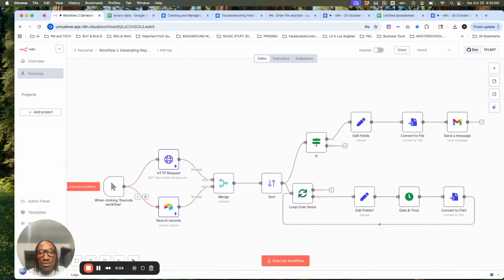Today I'm going to show you in this workflow how to merge data from different sources, transform binary data, generate files, and then finally send notifications about them. And so the final workflow looks something like this. I'll run it in a minute here, but just to give you an overview of what we're doing,